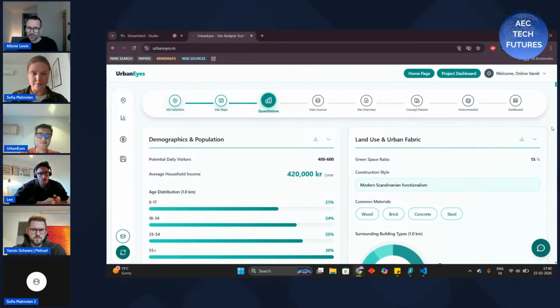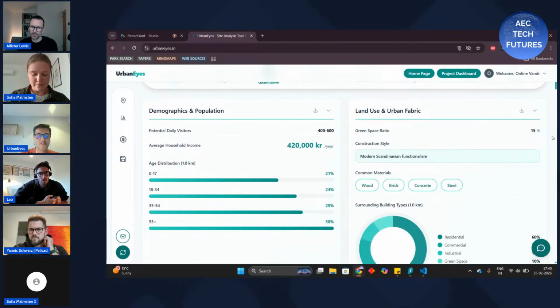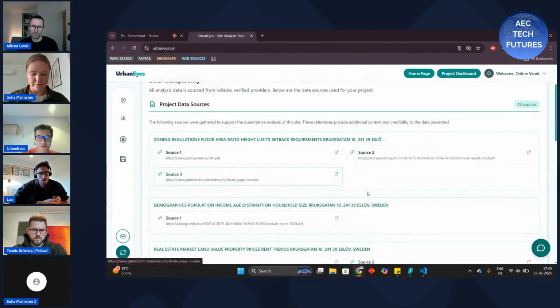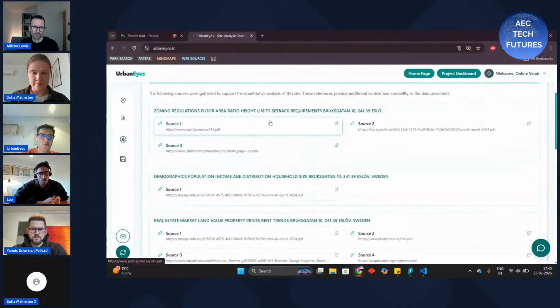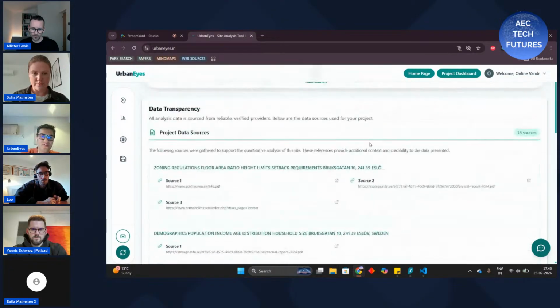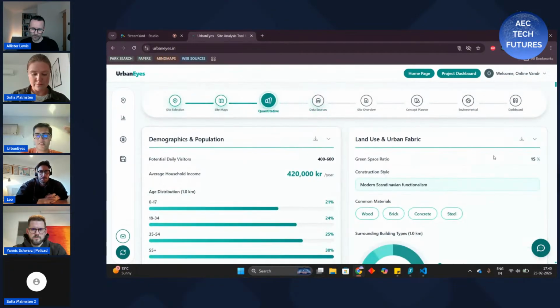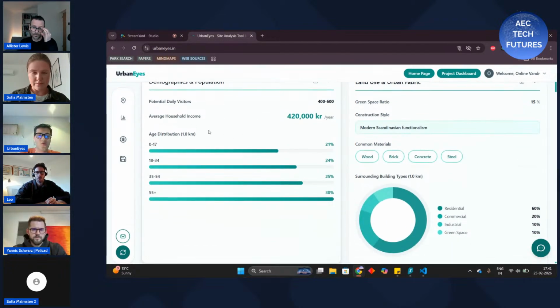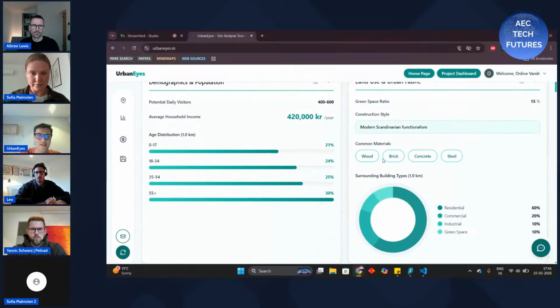Now, once the analysis is done, you get these verified quantified metrics. All of these data points do come with their own data sources, so you can just go and tap on any data source to cross-check and revalidate the data points. As architects, urban planners, or designers, we need quantified metrics to make more cohesive and conscious design decisions. So in this case, it lets you know what the average household income in the neighborhood is, the age